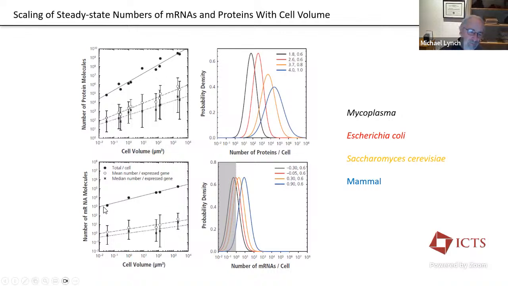And similarly, unfortunately, we have less data for messenger RNAs, but you can again see these general scaling relationships. So the point here is if you know the cell volume, you can make a pretty good estimated guess of the average number of proteins produced per gene. What I've done over here is I said, let's follow different points here and take the mean. I've done this for different organisms here. Mycoplasma is a very small bacterium. E. coli, you're all familiar with. This is budding yeast, Saccharomyces, and this is for a mammalian cell.